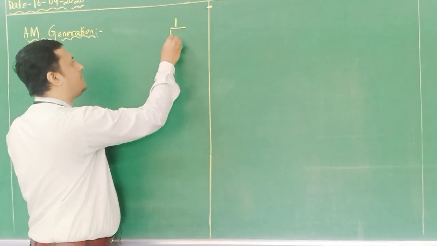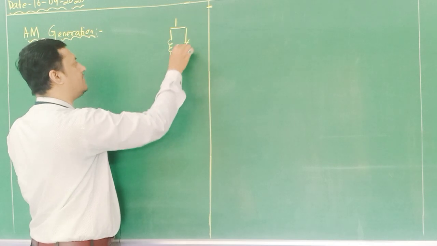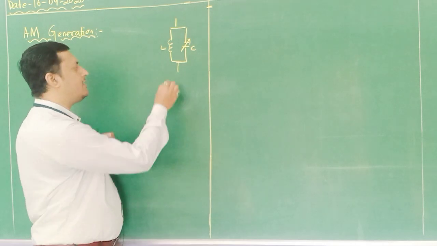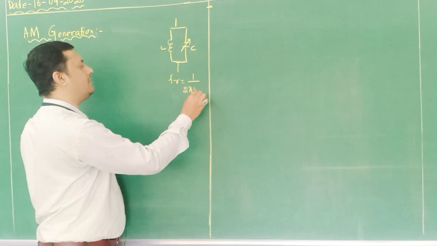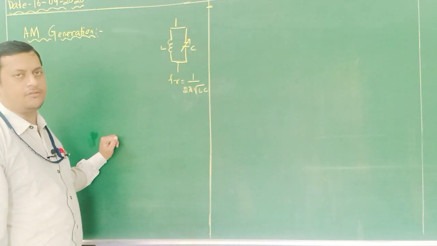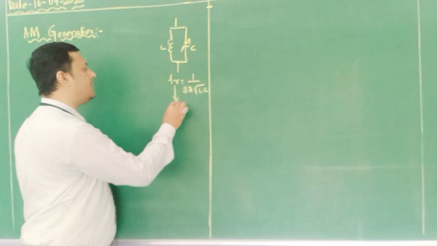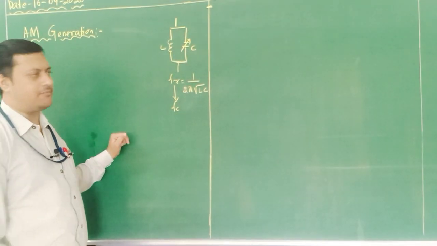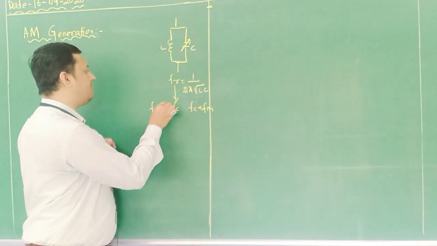So there is an LC tuned circuit at the output side, which is a variable capacitor with L. Now this component, as we discussed in the last class, operates at a resonating frequency, that is Fr equals 1 by 2 pi root over LC. This resonating frequency is matched to the carrier frequency, means centered on the carrier frequency as well as the sidebands. So the sidebands are Fc plus Fm and Fc minus Fm.